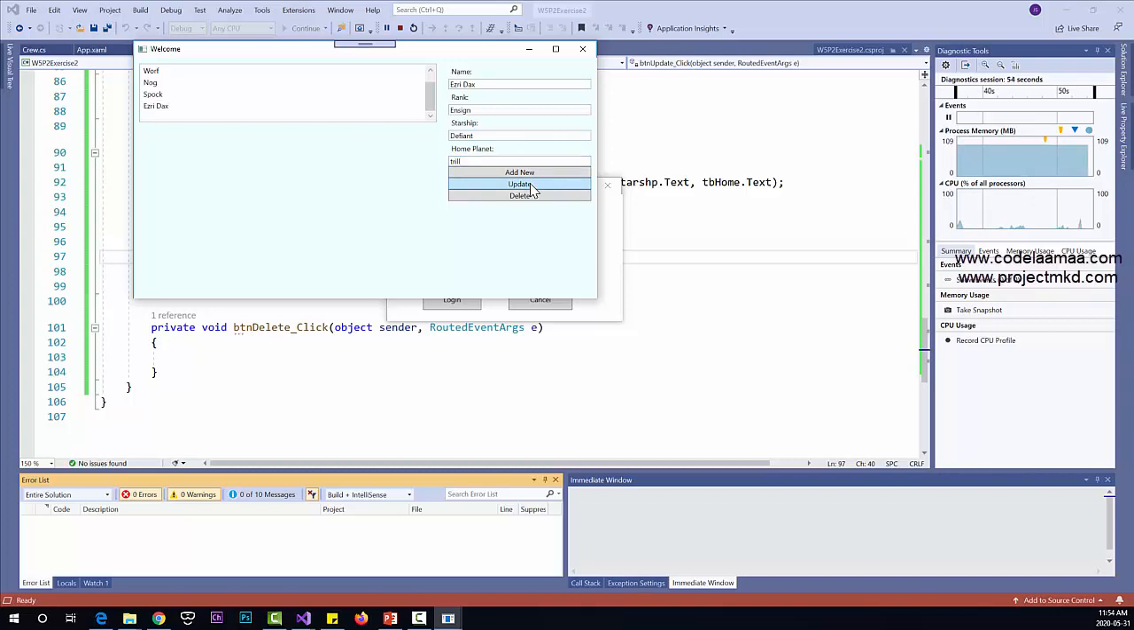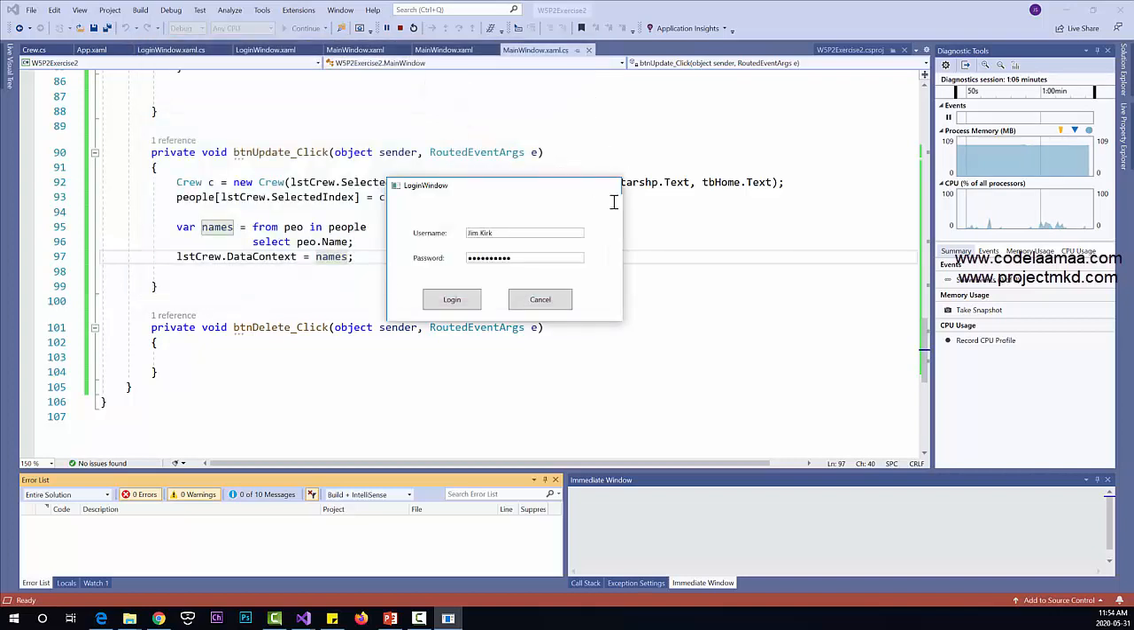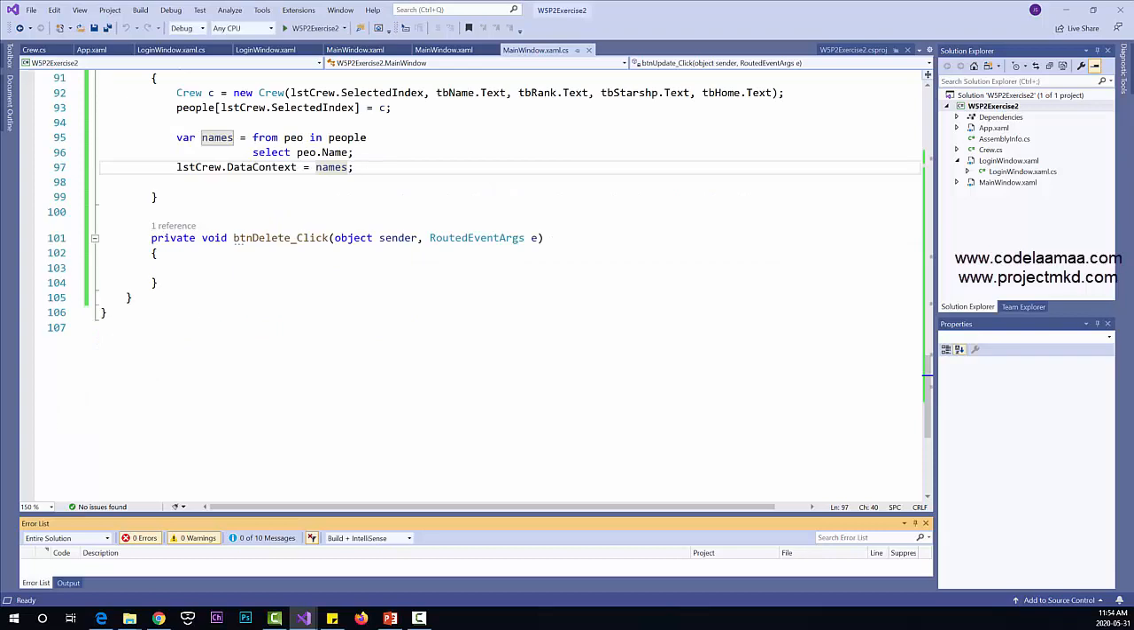All right. Now you see Ezri Dax has been updated. If I switch to the other ones and I come back to Ezri, you see that all of our information for Ezri has changed as well. All right, final thing, delete. This should be a lot easier than the other ones, but all we have to do now is say